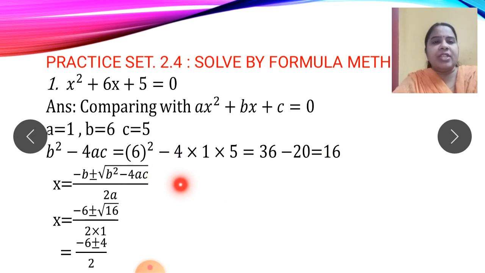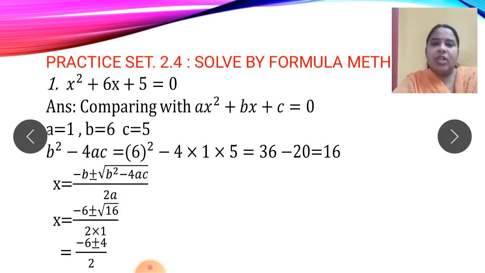Now what is left is to write the formula and then substitute the values in it. So minus b, and b is 6, so 6. Plus or minus, how much have I got for b square minus 4ac? 16. So I will substitute that here. 2 will be as it is. What is the value of a? 1, so 2 into 1. I hope you have understood this. What have I done here? First, comparison: a, b, c we get. Find b square minus 4ac. Use the formula, substitute, and then see what can be done further.